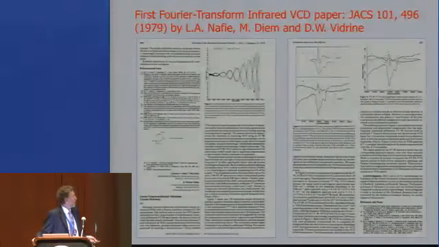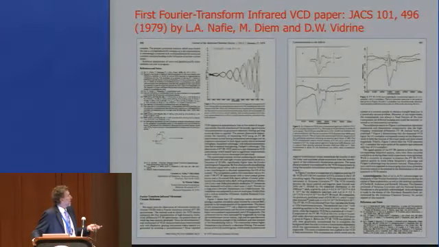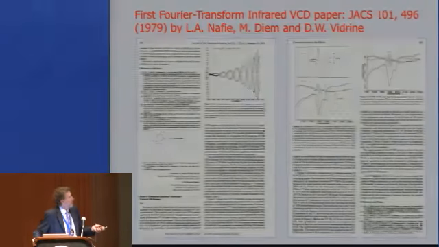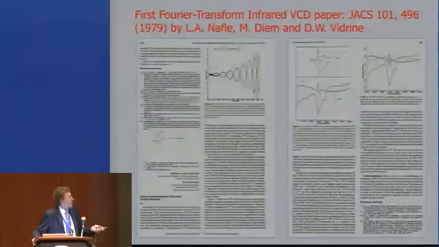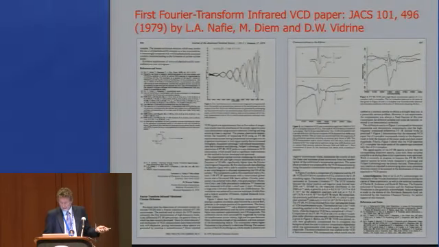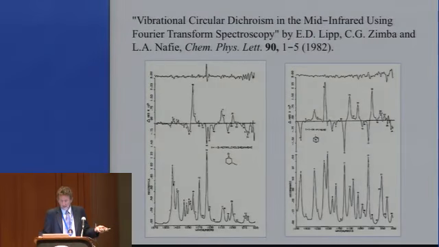And this was the first paper reporting Fourier transform VCD that came out in JACS. And that's with Warren Vedrine and Max Diem. And this is just a calibration to show that it was working. This was the first Fourier transform VCD right there. And this was a corresponding dispersive of the same measurement. And you can see it's kind of shaky signal-to-noise ratio. This is showing that opposite enantiomers have opposite FT-VCD spectra. So it's just right on the ragged edge, just like the first measurement of VCD,